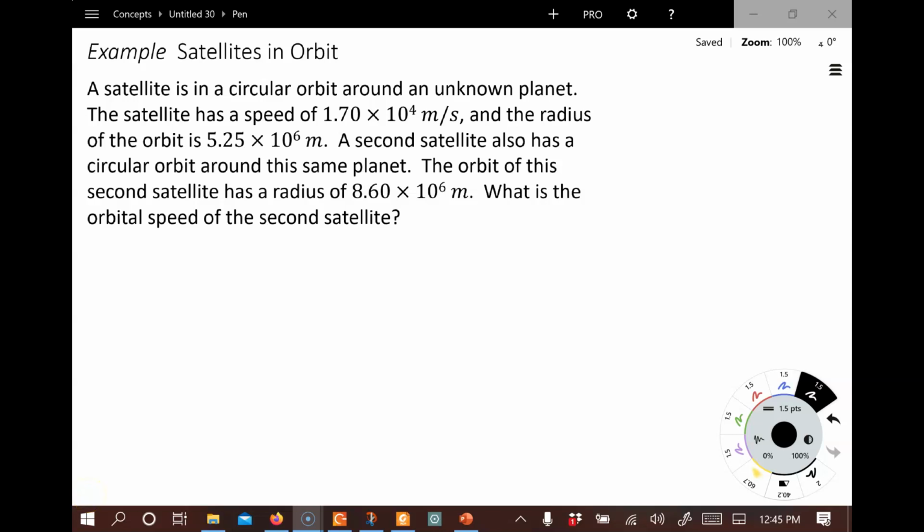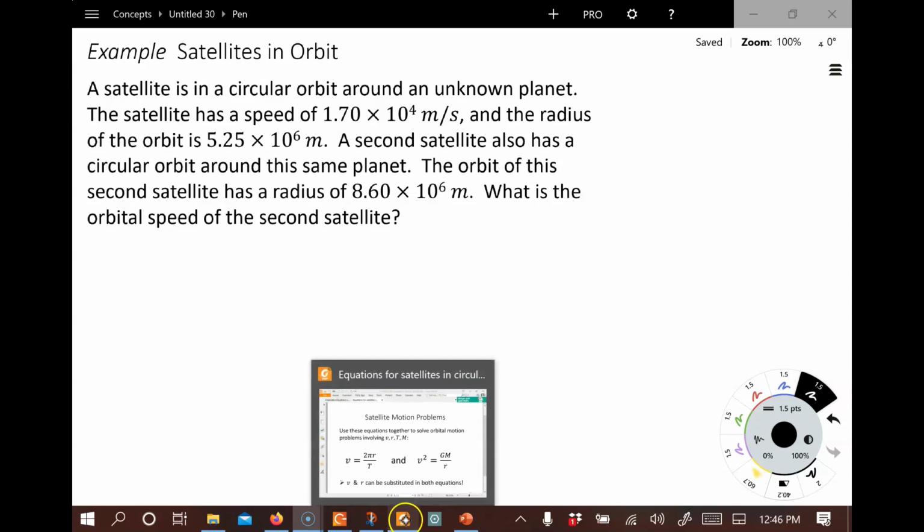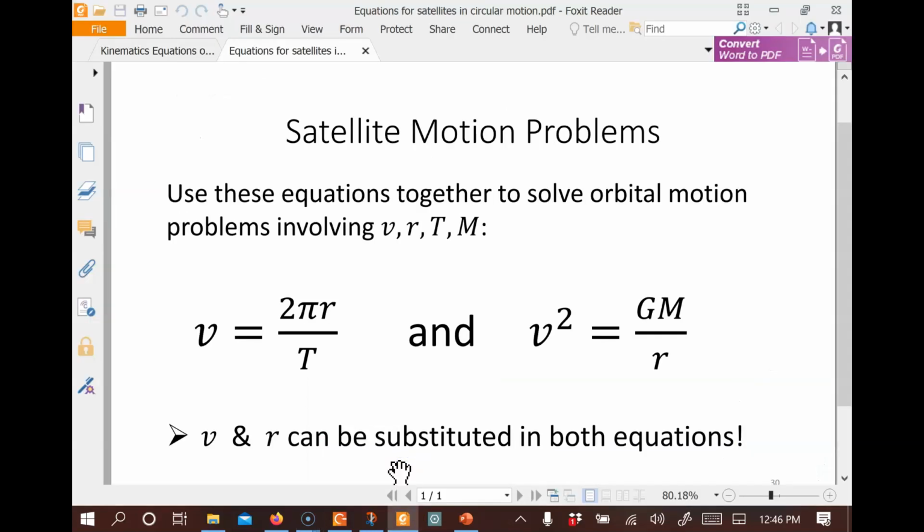Hi, this is an example problem on satellite motion. Take a moment and read the problem. All right, so for satellite motion, we got a couple equations that we can always use to solve any of